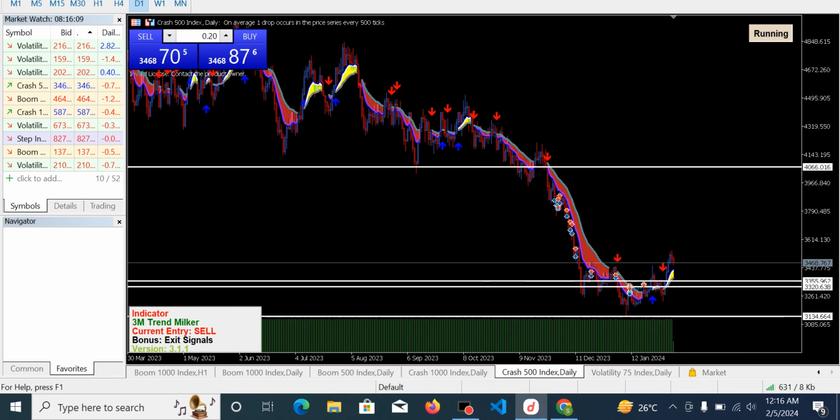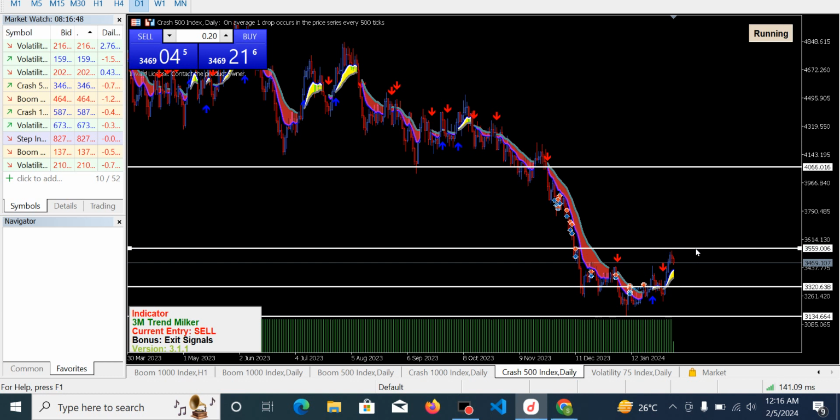Okay guys, this is Crash 500, still on the daily time frame. This had been on a downtrend for a very long time, but after getting to this support zone, it's unable to break out below it, and of course it's going back on a buy trend right from here. So it's giving us more of an uptrend than a downtrend, even though it finished yesterday's candle with a bearish pattern, and of course today it has started with a bearish pattern, and we are not sure if it will go throughout today, because it's unable to break out above this resistance zone.